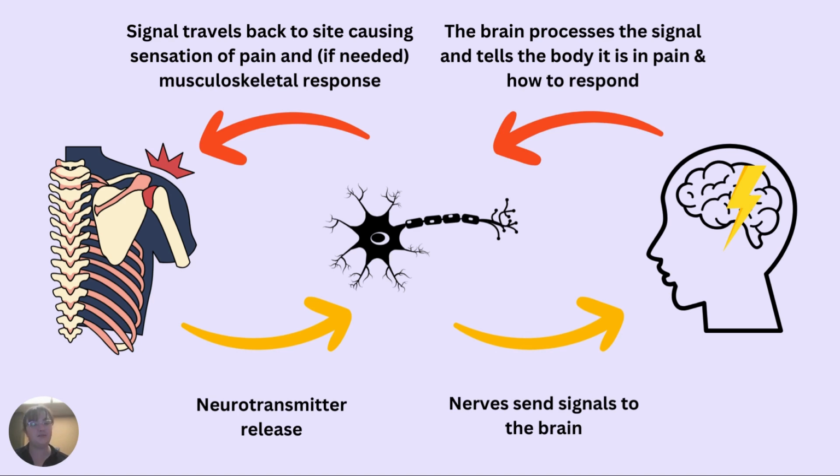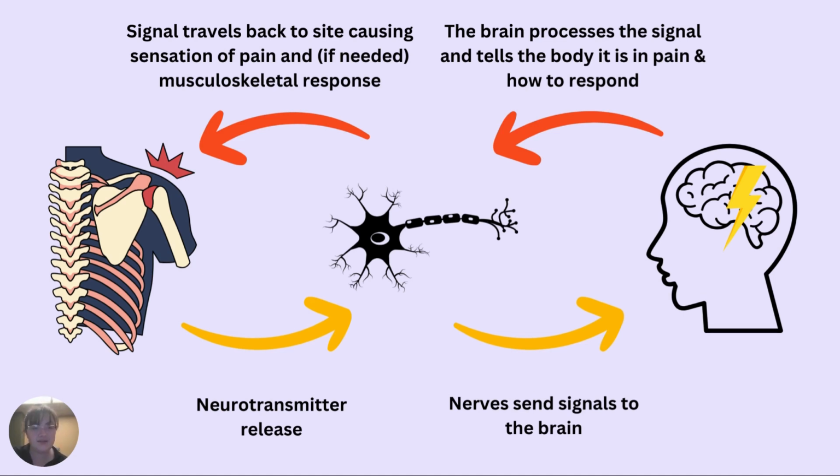We'll take some kind of input, typically for a lot of musculoskeletal pain. It will be through different receptors in either the skin or the muscle, or receptors in the organ called nociceptors. These nociceptors will cause the release of neurotransmitters or chemicals that are going to end up causing an electrical impulse to move through the nerves. And so we're starting with some kind of receptor being activated here. It's causing the release of those neurotransmitters, which is going to activate what's called an action potential in the nervous